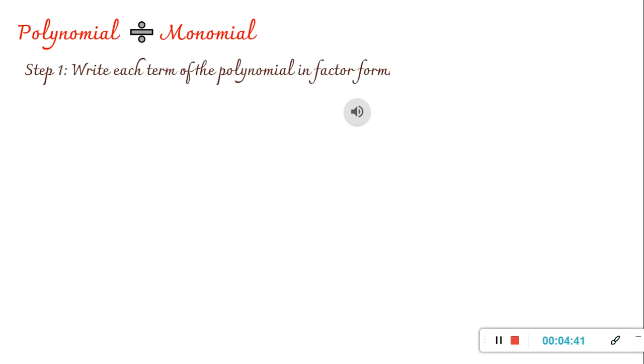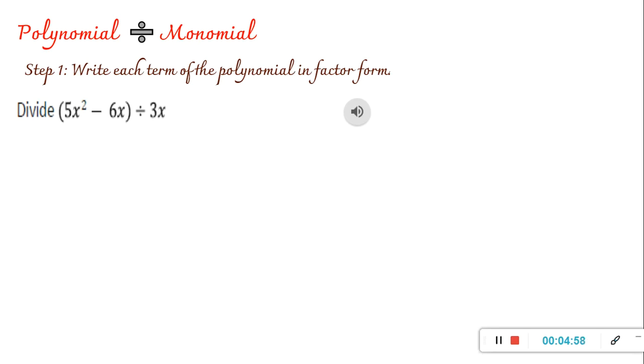So let's look at this here. You have a polynomial which is actually a binomial because it has two terms. Now you divide it by a monomial, that is an algebraic expression with one term. Here also we will do the same thing, but in this case one important thing that needs to be noticed is this is 5x square minus 6x divided by 3x.